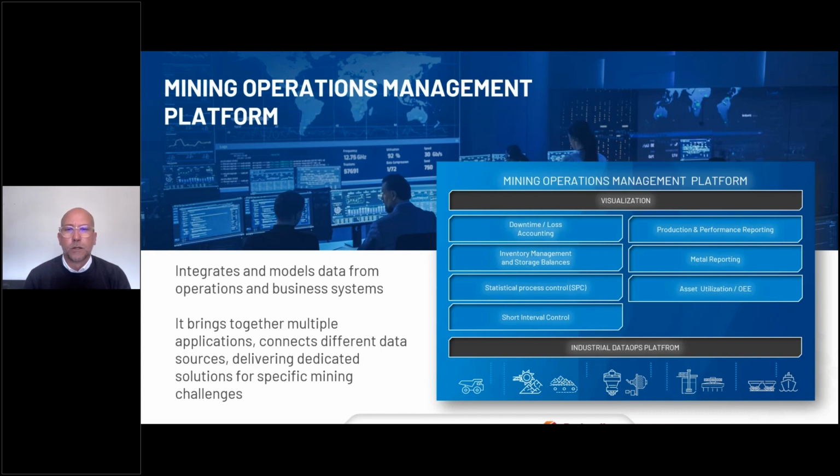Okay, yeah. So the first aspect we're going to be focusing around is what we call industrial IoT-based mining operations management. Right? And the idea for us when we develop this and what we're pushing into the market right now is the fact that we want to provide mining companies with an out-of-the-box, configurable solution that helps them manage the operation itself. Right? And this is from pit to port, providing them with that detailed functionality around managing their